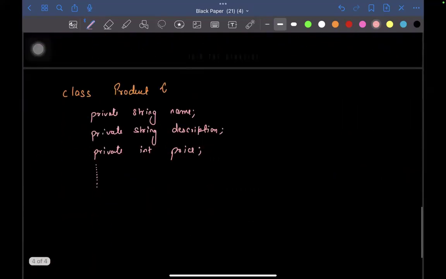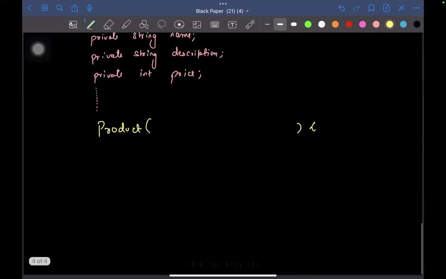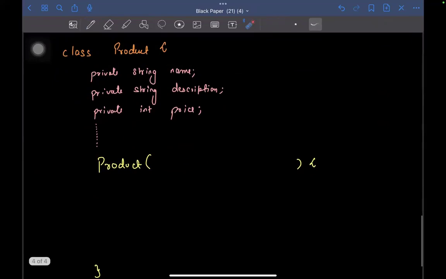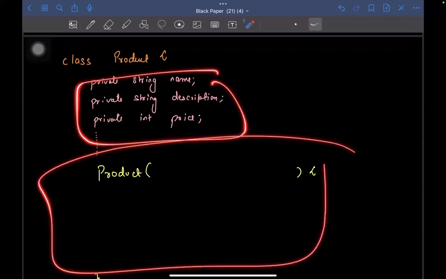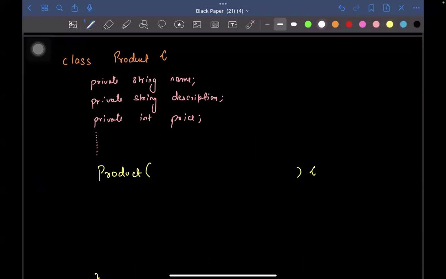Then what will you be having? You will be having a constructor. You'll be having a product constructor, right? What might be the first solution that comes to your mind when I give you a problem that you have to design a product class is that let's have some basic properties and let's have a constructor. Inside this constructor's argument, let's say you are going to pass the values for the object. Let's say string name, string description, so on and so forth. A lot of arguments you're going to actually pass, and probably you're going to do something like